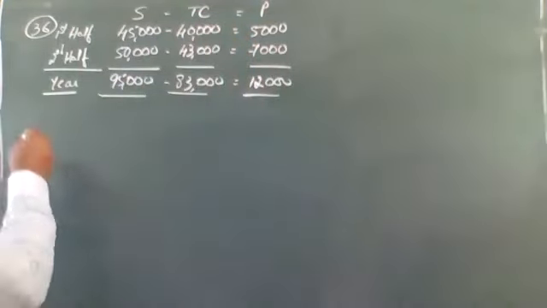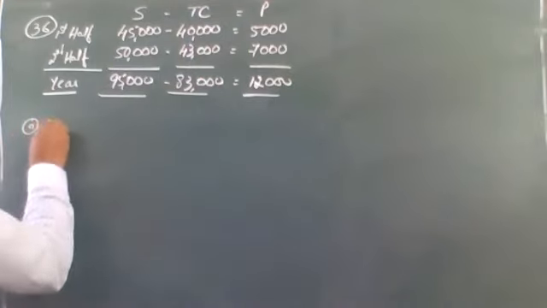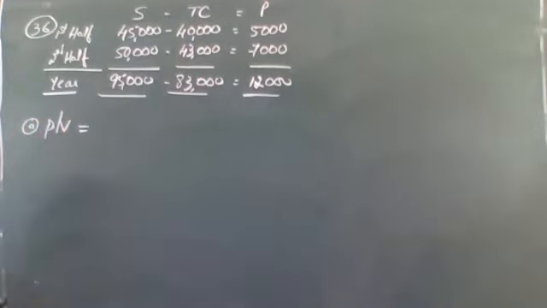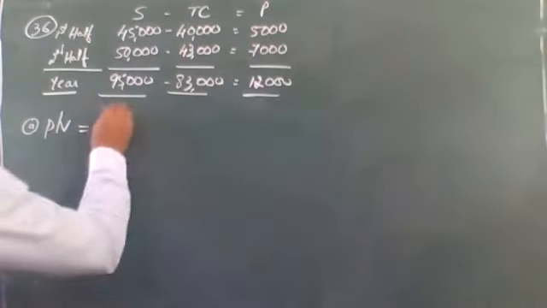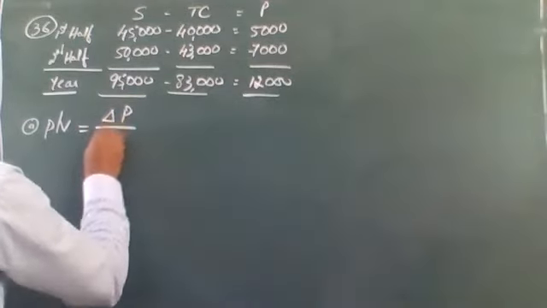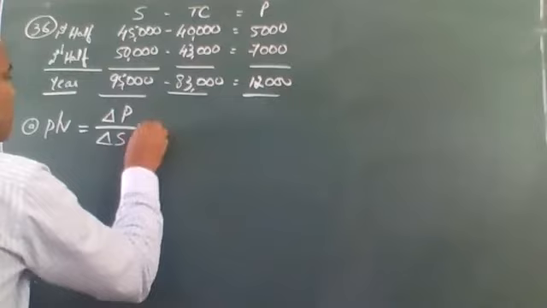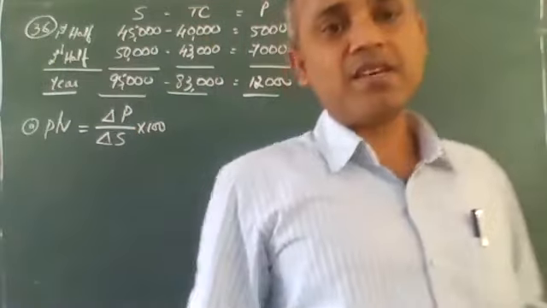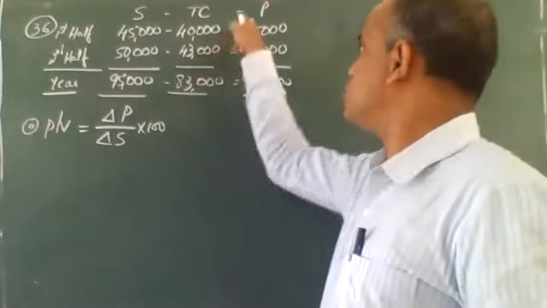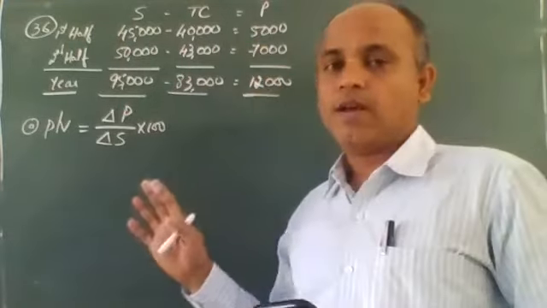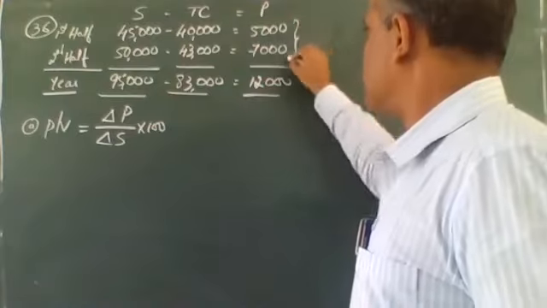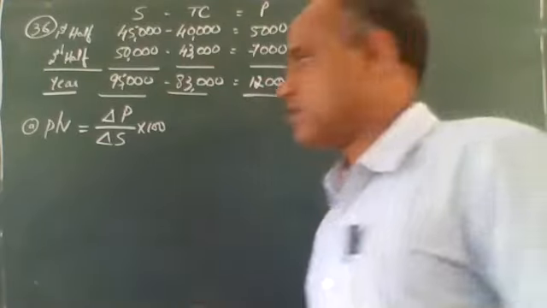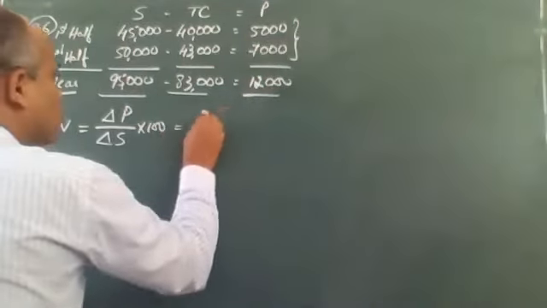Guys, one very important point: whether he's asking PV ratio or not, I'm going to do it. And I have only one formula here where I can apply: change in profit by change in sales into 100. Now, a student may say, sir, how can you find out change in profit when you are taking the total? Forget it. I'm going to take the change again. What is the difference of 7 and 5? 7 and 5 difference is 2000